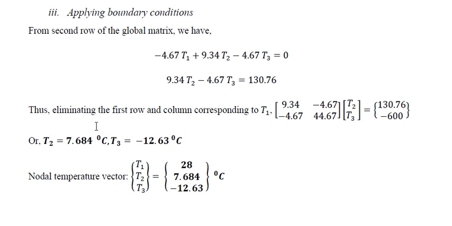T3 should be less than T2, and at the same time it should be greater than T infinity, because there it is minus 15. So it is in between 7 and minus 15. Now minus 12, and T infinity will be minus 15. So we have to be careful with the values. 28 is reduced to 7.6 because the exposed temperature is negative, then minus 12, and further T infinity will be minus 15. That is how we have to assume how the temperature is changing.